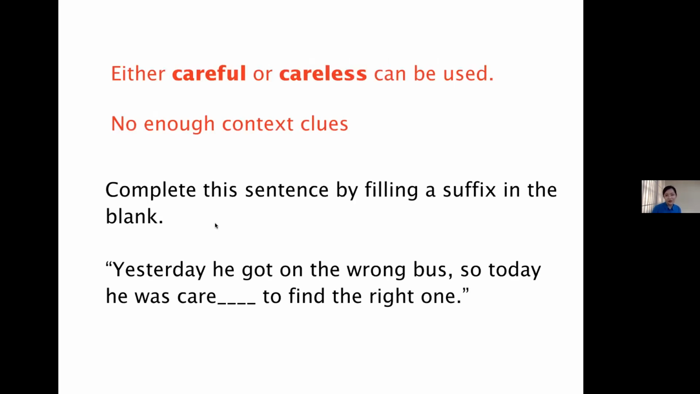Yesterday he got on the wrong bus, so today he was care to find the right one. So what is the answer, the correct answer of this one? So it's supposed to be careful, right? Yes, but you see that in the stem here, you have the line which may trick your students,